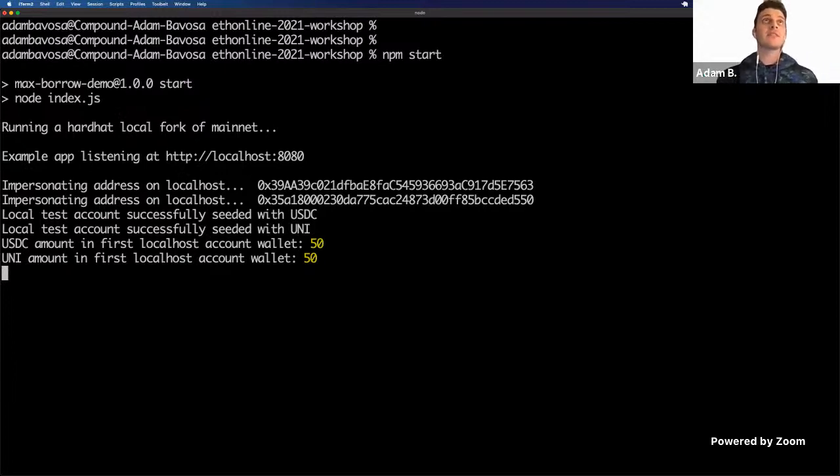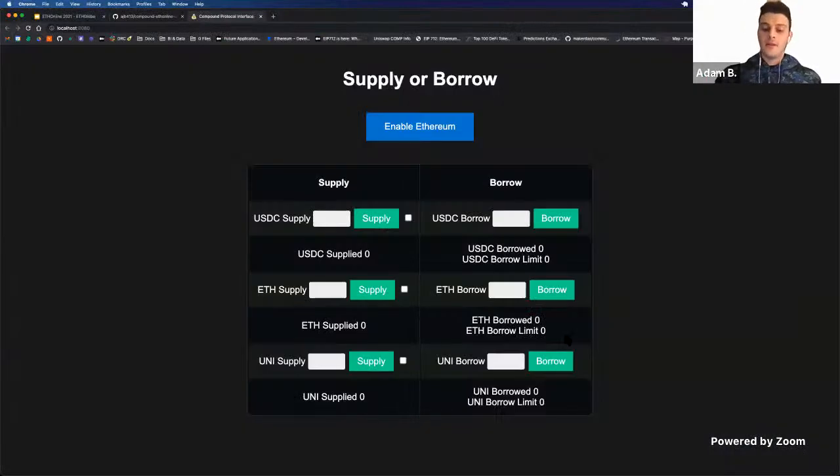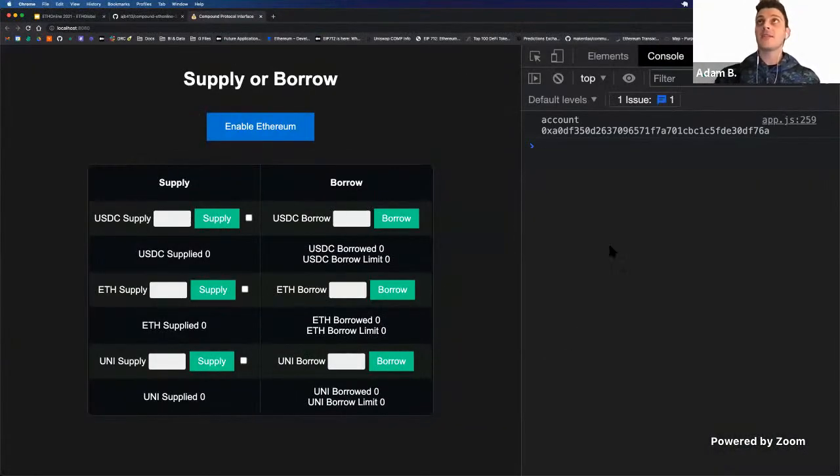We set up our Express server, and we minted some, well, we moved some ERC20 tokens, 50 tokens, to our wallet. So if I open up this app in the browser, here's the app. I'm going to open up the development console just so we can see what's going on in there. And if I open up my MetaMask,